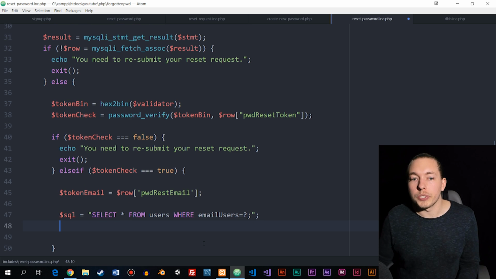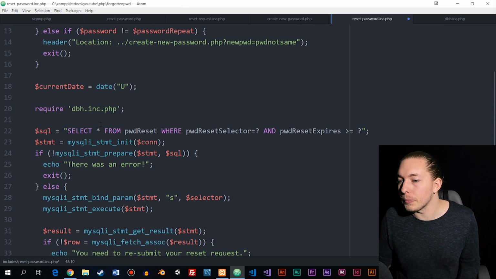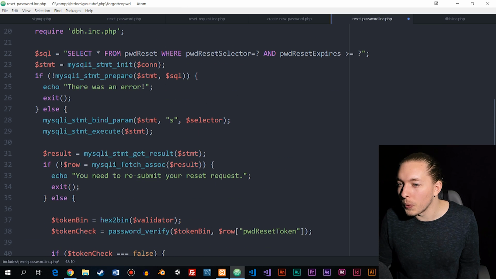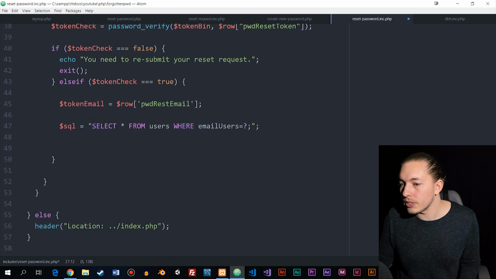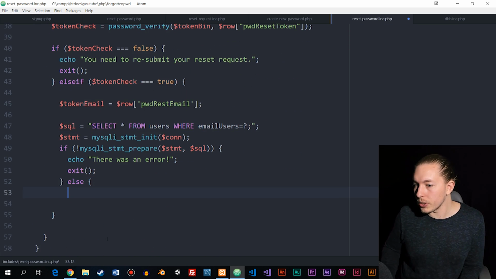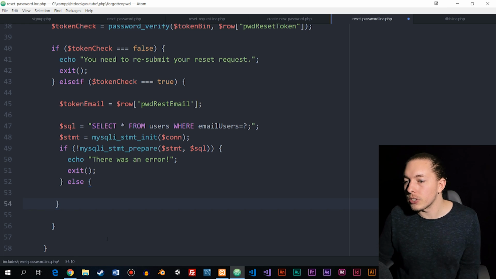Then what we can do afterwards here is we can just simply go ahead and run the prepared statement, because we used a placeholder. So we're just going to copy paste what we have up here. Again, there's no need to do double work if we just have the same code somewhere else. So I'm just going to copy paste. There we go. Make sure I close off the curly bracket here as well, because we don't want to receive